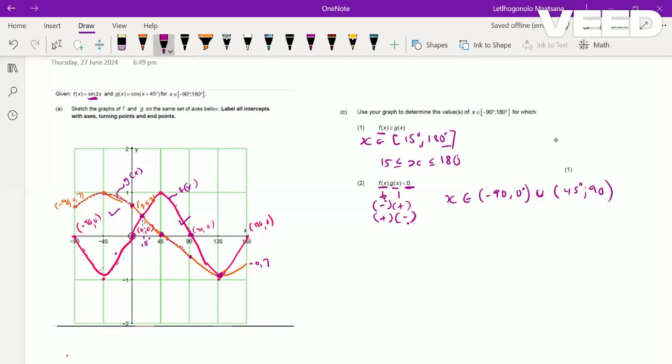Or we can write it as x is not equal to, because we're using open brackets, so minus 90. There's no equal to in our question, so minus 90 to 0, and, or rather it's and, when x is in between 45